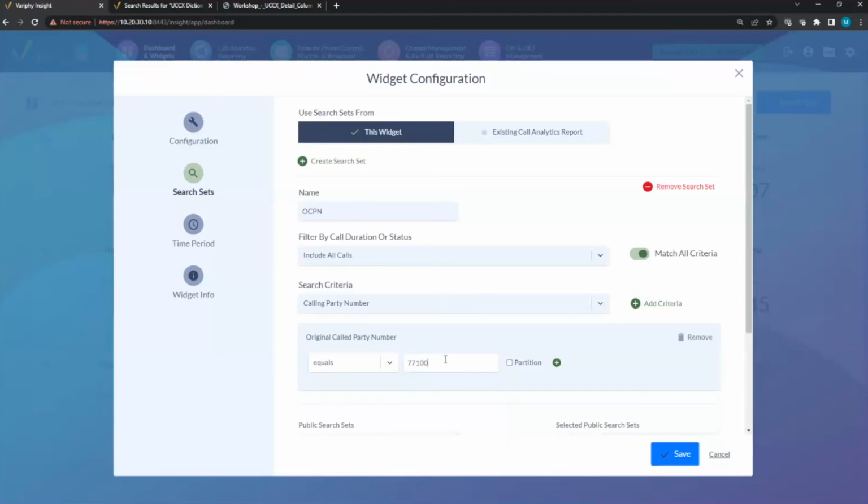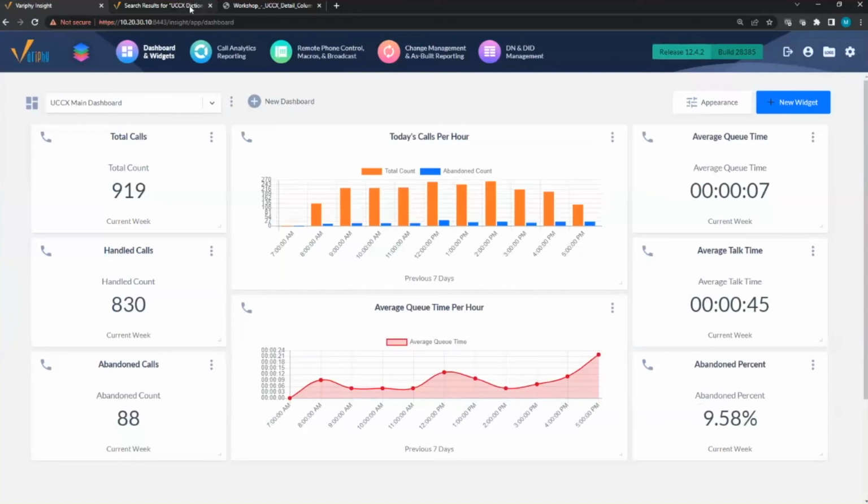And then you can see the concurrent calls. Now, from the Call Manager's point of view, what you're going to get with concurrency is the time that the caller spent in the queue. So it won't include agent time, but you could see call flow into the trigger. So if you want to see peak concurrency for the trigger throughout the day or throughout the week, this would be a great widget to build. All right, awesome. One other question came in.